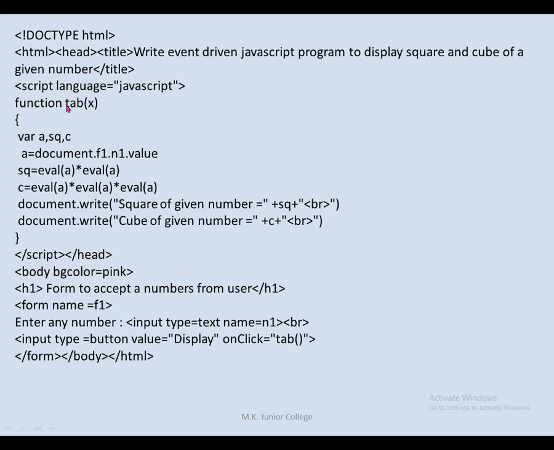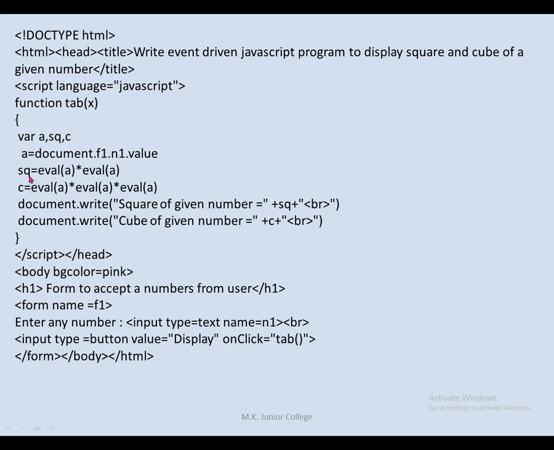So this is your function; it is called the function declaration statement. Function is a keyword, then the name of the function, and whatever variables you are using, one variable or two variables, depends on that. And then you are using a curly bracket. It's called a function block or function body. So you are starting with the curly bracket and closing with the curly bracket, and then the rest of the complete program is the same as your previous program.